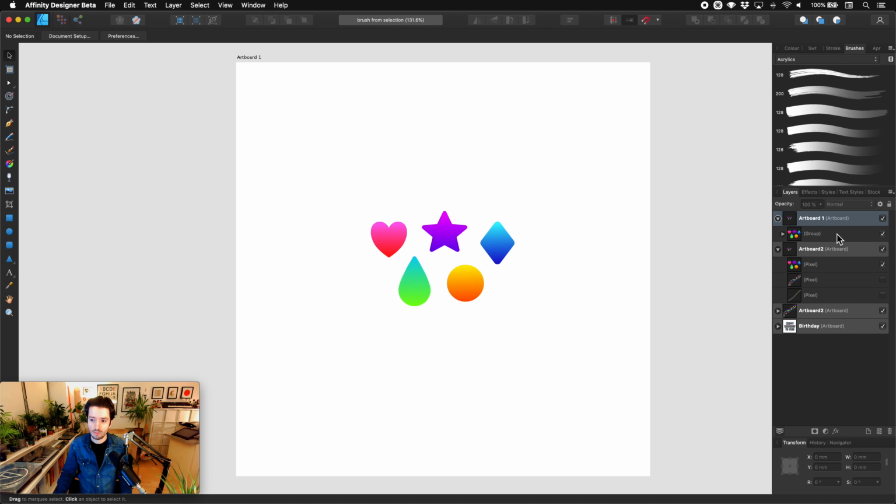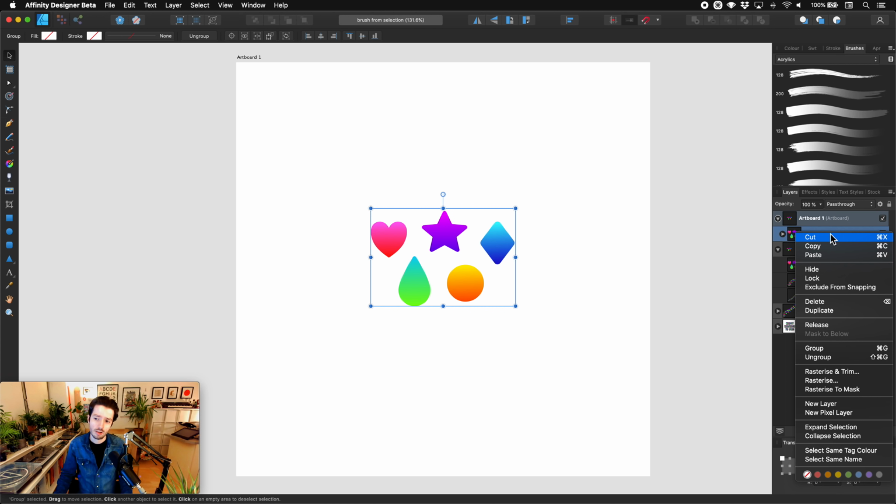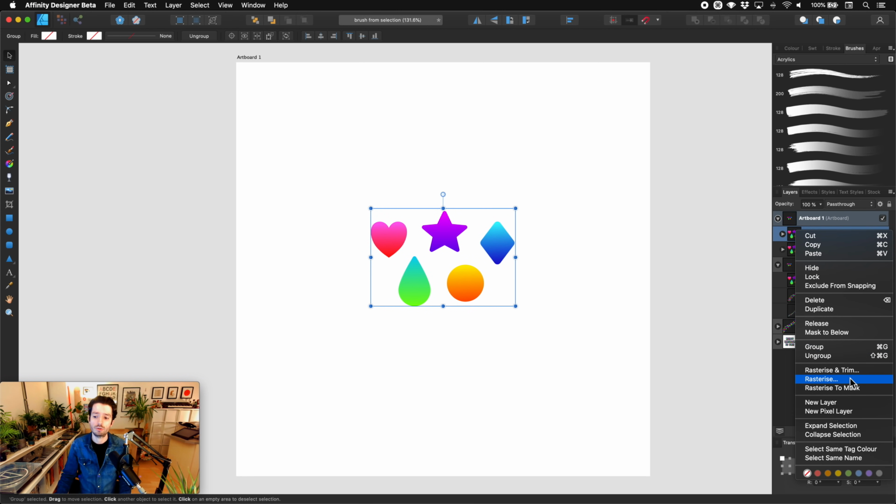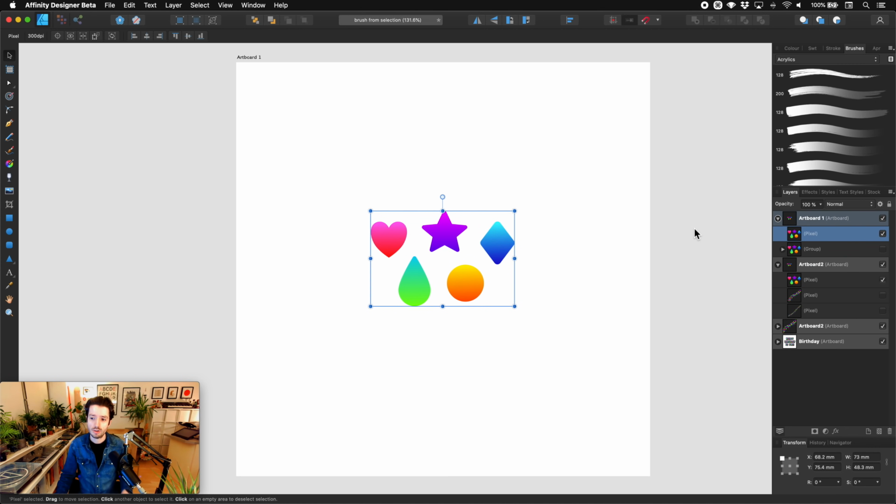So the first thing I'm going to do is duplicate these shapes. One way to do that is just by right clicking on the layer in the layer panel itself, and then scrolling down to duplicate. And you can also do that with the Command J or Control J on a PC shortcut as well. So let's turn the previous layer off, and then I'm going to right click and then go down to rasterize. That's just going to turn those vector shapes into pixel shapes, into a pixel layer. And now what we can do